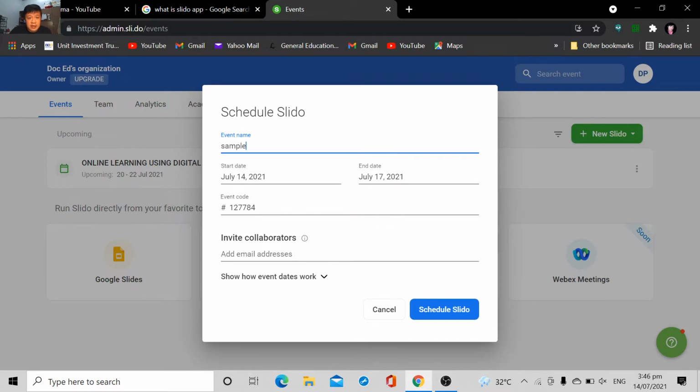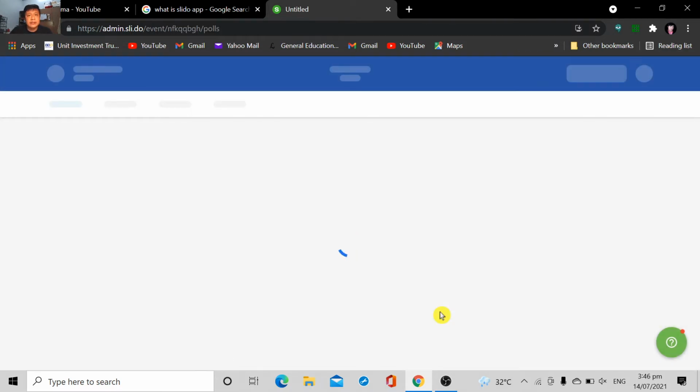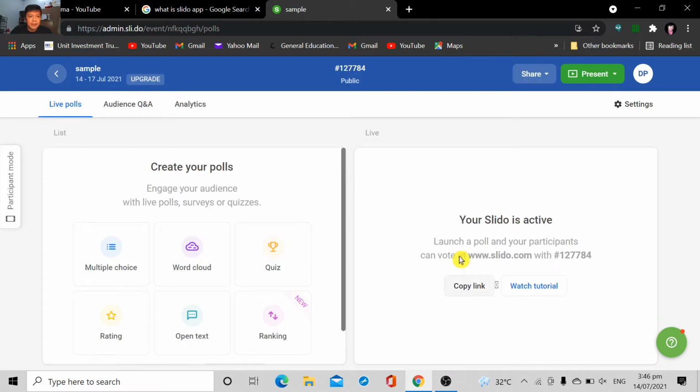And then this is the event code. Don't worry about the event code. I am also going to show you how to generate your QR code, including the event code later on after you have completed your file in Slido. Okay, so actually this is just the information needed. And then after that, just click Schedule Slido so that you can create your new file. Okay, now